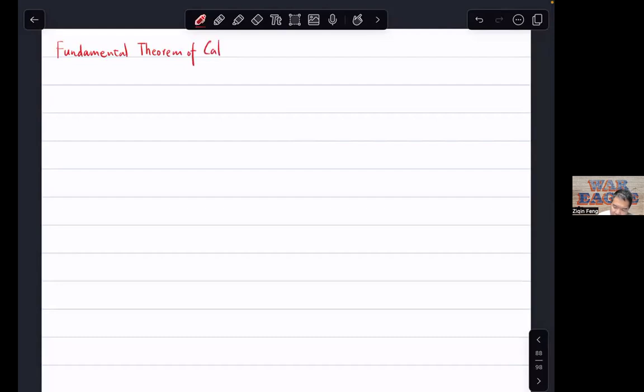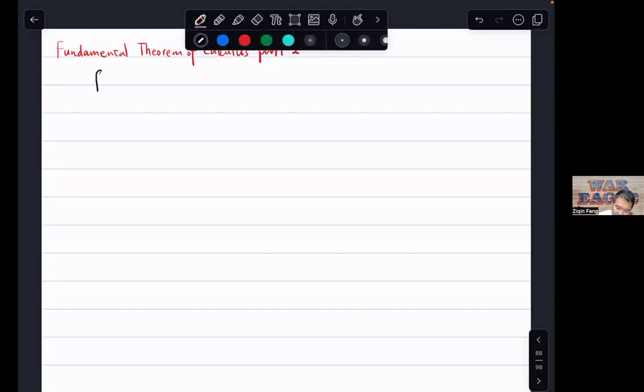One of the key results in calculus, not even in calculus, in all of math. Part 2, right? Our assumption is our function f is continuous